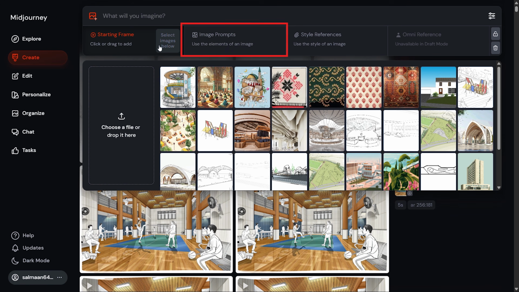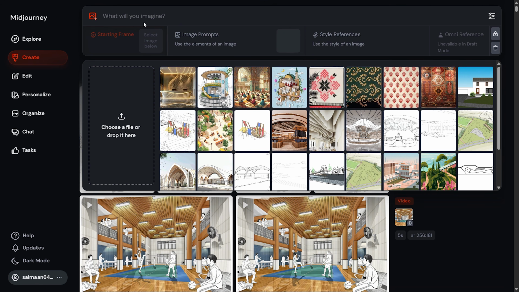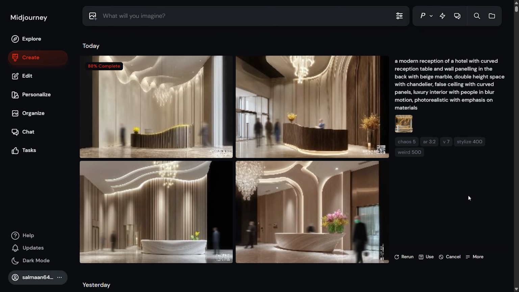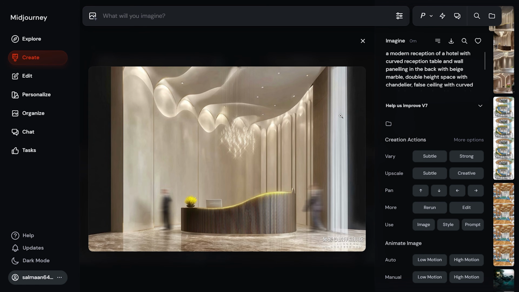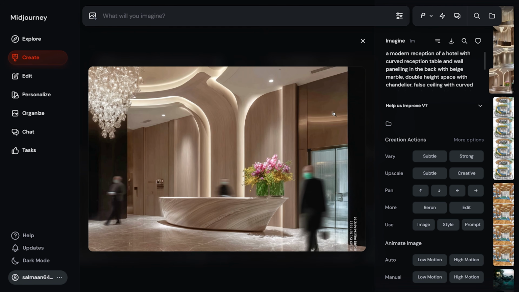The next tool here is Image Prompt. With this tool, we can add any image from the local drive and use it as a visual prompt to influence the output that we create. I've added an image of a reception design with curved table and back paneling. Let's also describe it with a prompt and generate it. As you can see, this has taken inspiration from the image that we provided and used it to create 4 different outputs. This can be a very powerful tool in the design process in working on different iterations or understanding